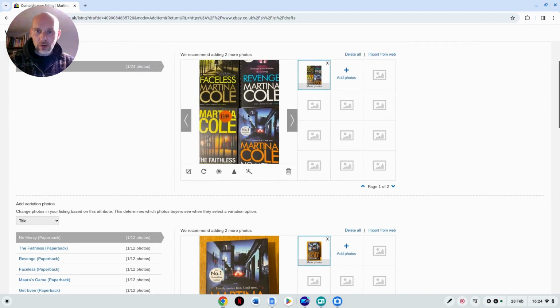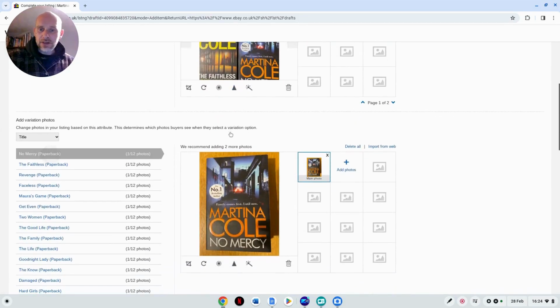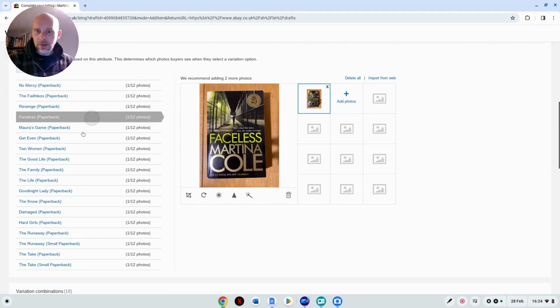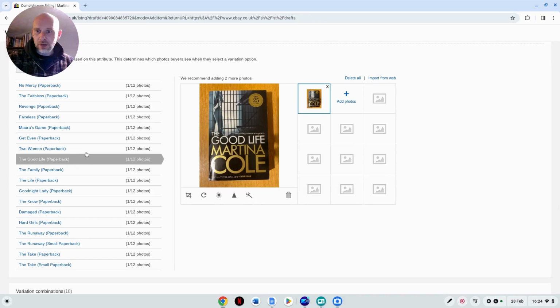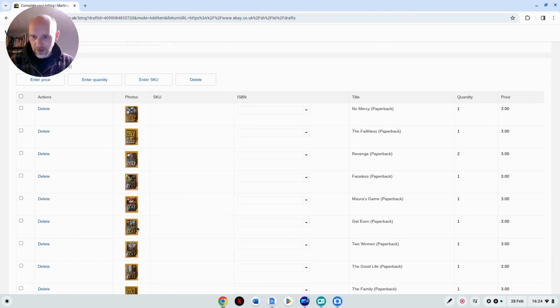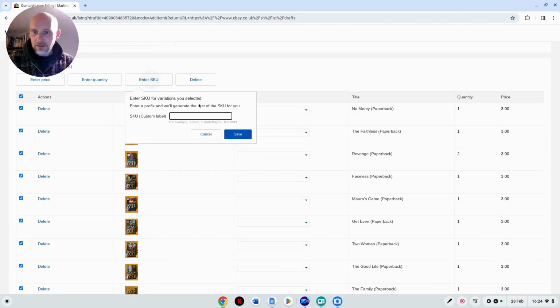You can now see we've got our picture, which is just like 4 front covers. Let people know there is a selection available, and then each item has its own picture now showing the book that is described, and you can see the wee thumbnails of them down here. So again, the thumbnails, if you want to put a SKU in, you can put them in individually all the way down. You can ask it to